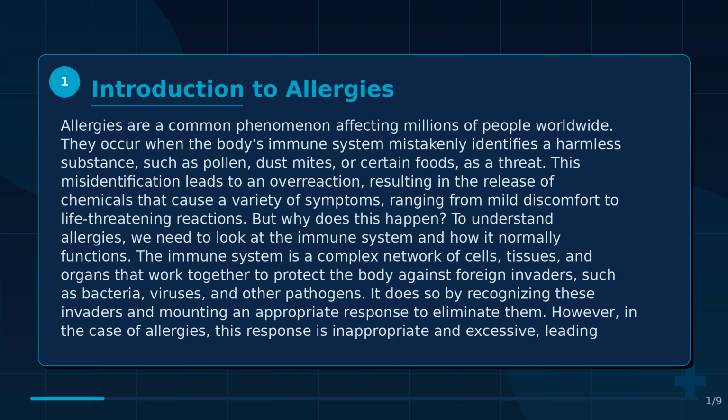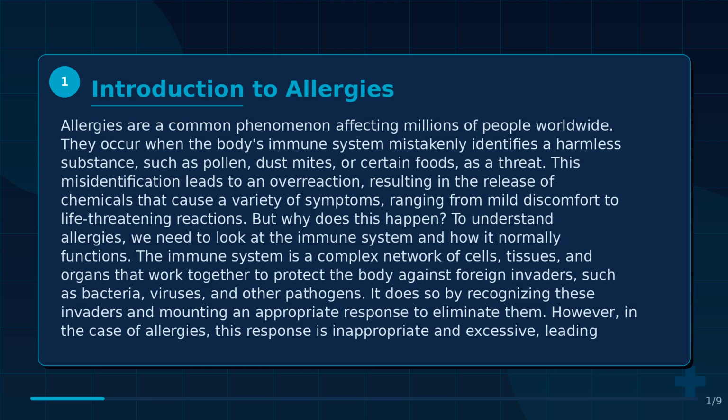To understand allergies, we need to look at the immune system and how it normally functions. The immune system is a complex network of cells, tissues, and organs that work together to protect the body against foreign invaders, such as bacteria, viruses, and other pathogens. It does so by recognizing these invaders and mounting an appropriate response to eliminate them. However, in the case of allergies, this response is inappropriate and excessive, leading to the symptoms we associate with allergic